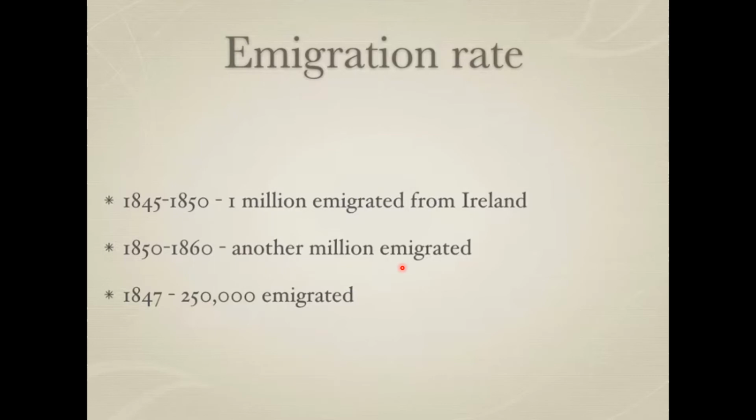Another million people migrated. And just in 1 year alone, in 1847, one of the worst affected years, 250,000 people immigrated. Now, just to give you a bit of perspective, Cork City has around 124,000 people living in it. So if you take a look at this 1 year alone, it'd be as if even double Cork immigrated in